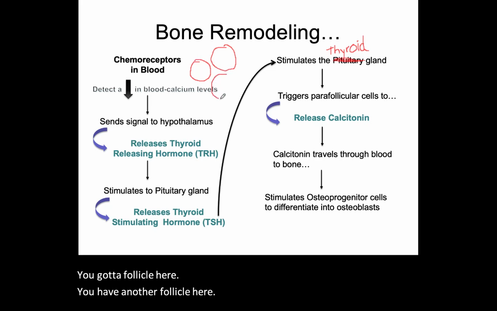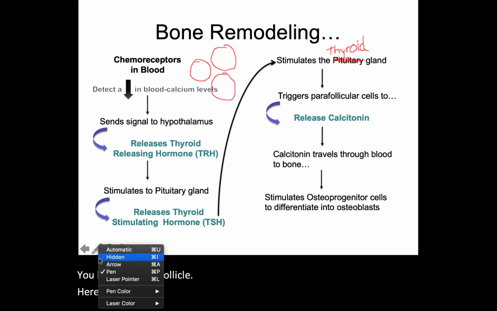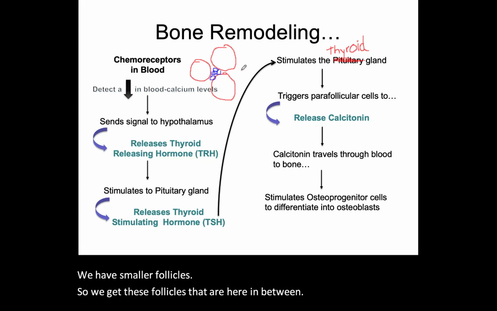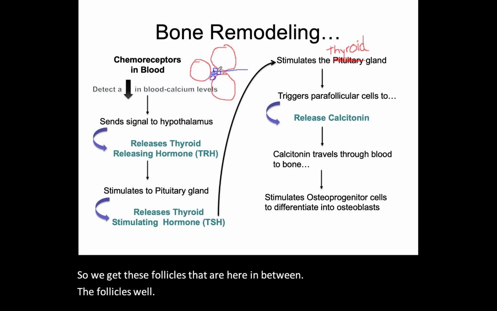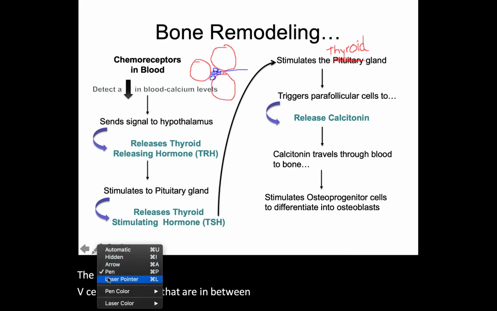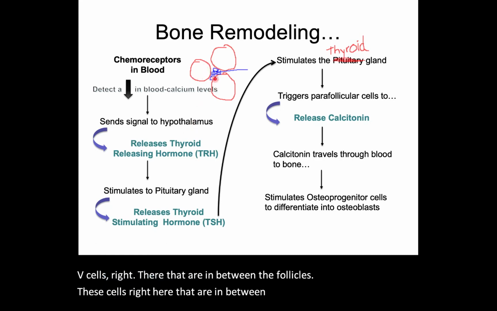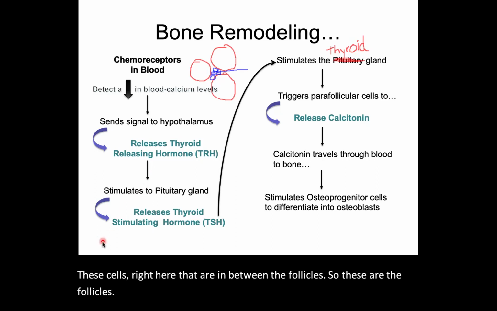You have another follicle here. Right. And then in between my follicles, we have smaller follicles. So we've got these follicles that are here in between the follicles. Well, these cells right there that are in between the follicles, right, these cells right here that are in between the follicles, so these are the follicles, the cells that are in between the follicles